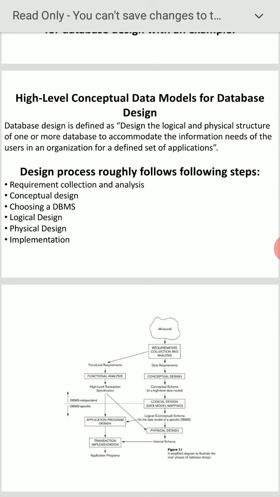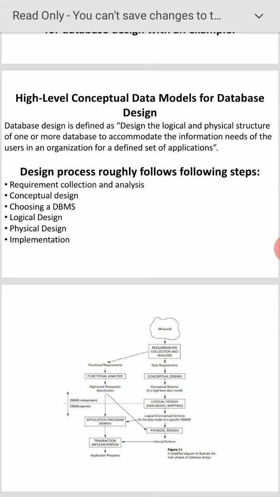Suppose you want to develop any software, or write any code: first understand the problem, then analysis. Analysis is nothing but a step by step investigation. Once you do the investigation, then you go for the design. Design means we can use ER models, or a DFD, data flow diagram, or flowchart.